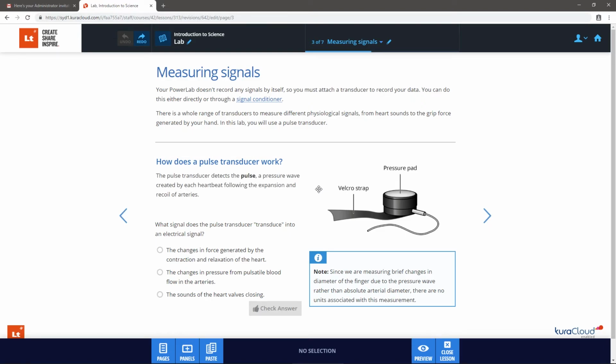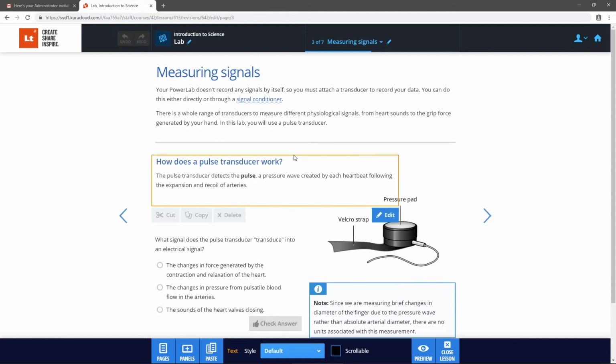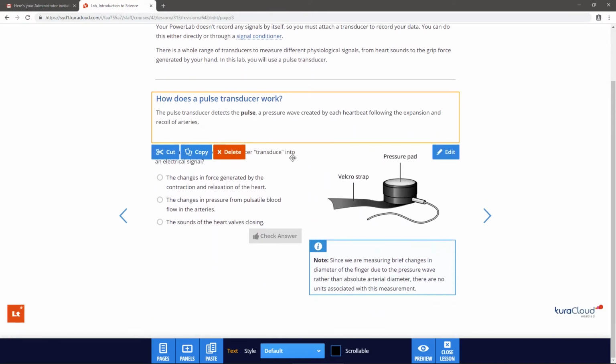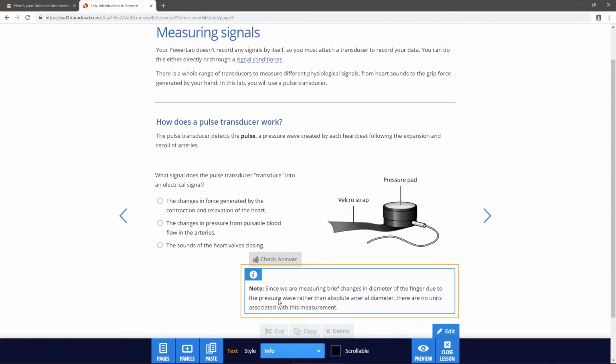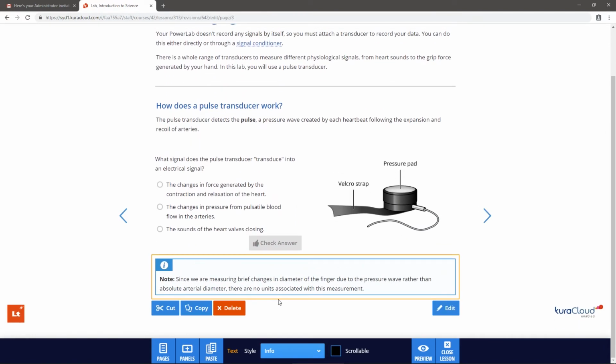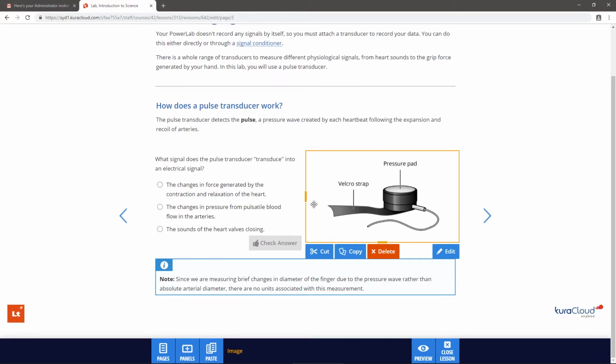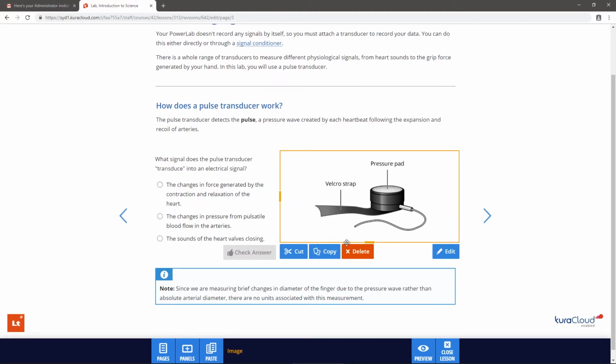To move a panel, select and drag the panel to where you want it to be placed. A blue bar will indicate the panel's new position. Just release your cursor to place the panel. Notice that panels automatically resize to fit the new layout. To manually resize a panel, select it and drag the orange bars.